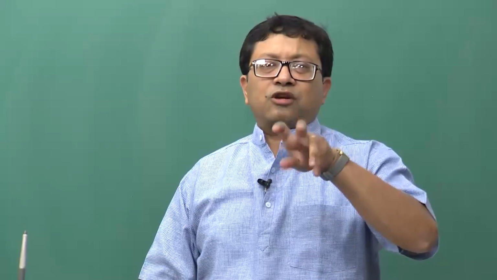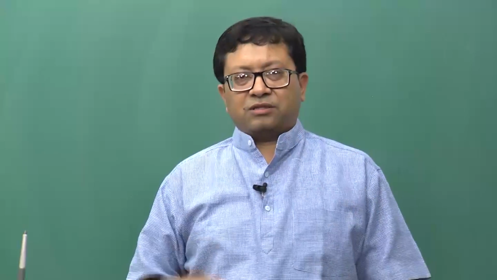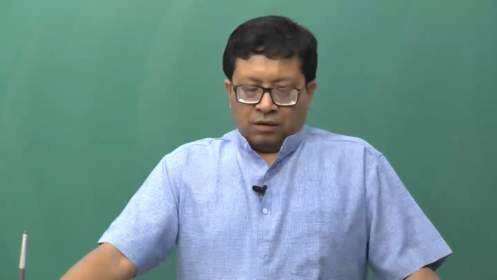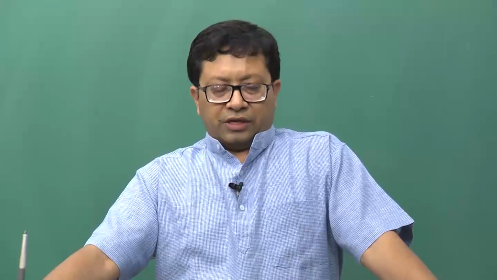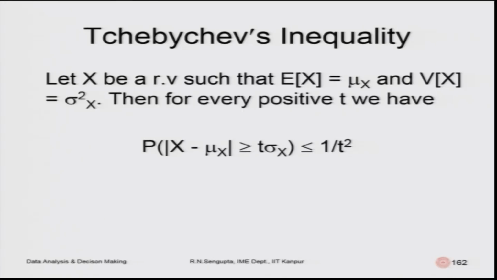Distance I am just giving a nomenclature, it does not actually mean distance, it is basically positive numbers. In the case of Chebyshev's inequality, let x be a random variable, it does not mention anything about whether it is positive or negative, remember that. The first moment exists. So, mu x has nothing to do with the normal distribution, it is just a symbol being used for the mean value. Variance is sigma square, again nothing to do with the standard normal or the normal distribution.